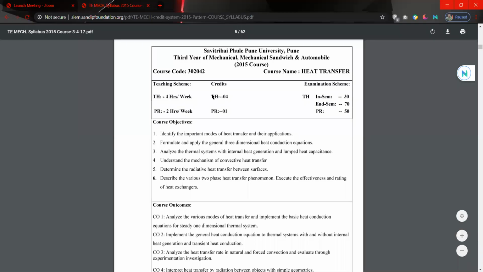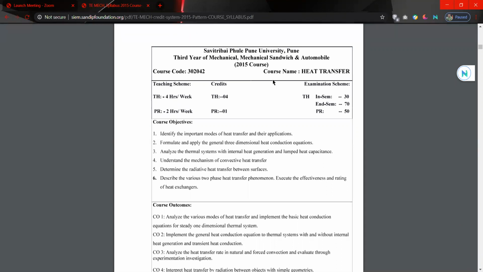Today I am going to discuss with you what is the syllabus structure for TE Mechanical course. For TE Mechanical course, there are a number of subjects. We are considering one subject, heat transfer. For this subject, the INSEM examination is for 30 marks, the ENSEM examination is for 70 marks, and the practical examination